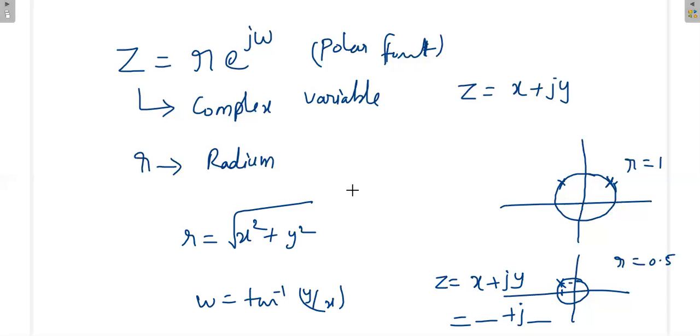So now z is a complex number, but that is denoted in terms of polar format. So once it is in polar format, it becomes like a circle. Then we know that the similar